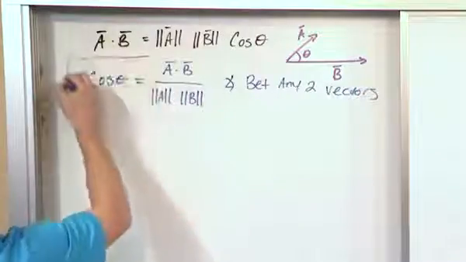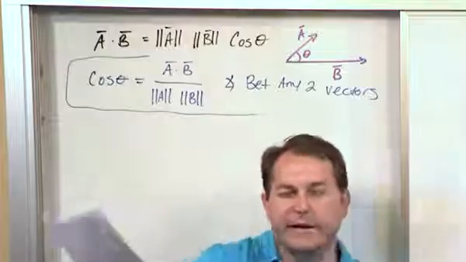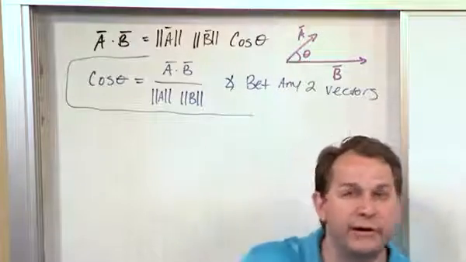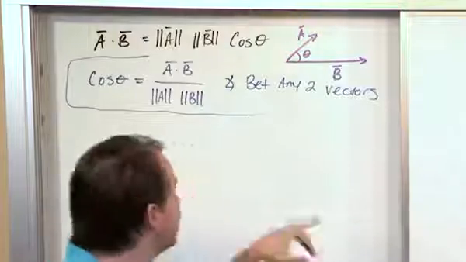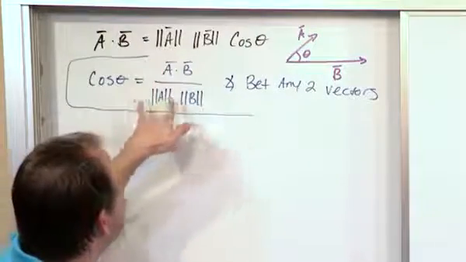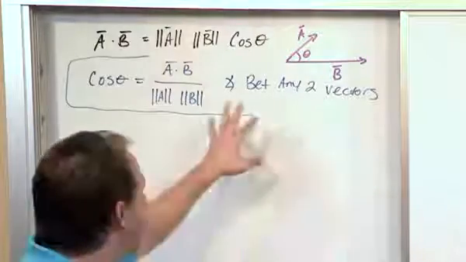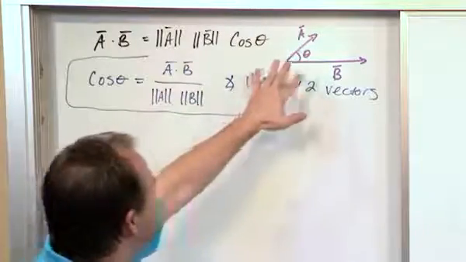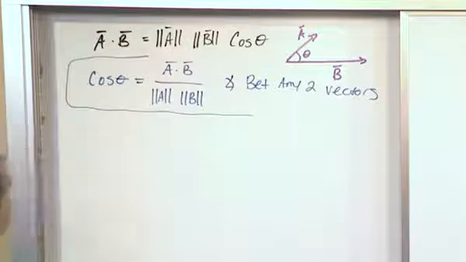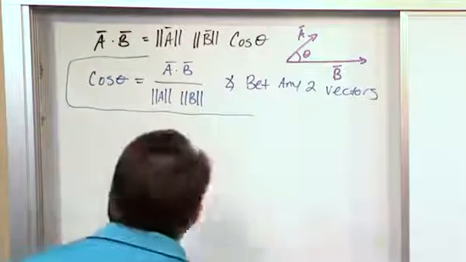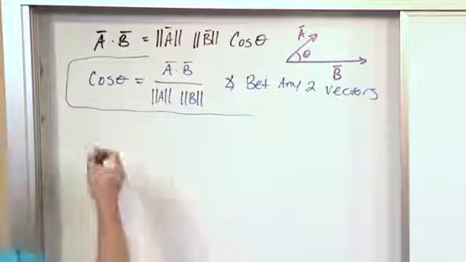Right? So this is important. This is a very useful thing because many times you will be given vector A, vector B, and you want to know what's the angle between them. Is it 30 degrees, is it 40 degrees, is it 67 degrees, whatever. So in that case, you find the dot product, you find the magnitude of the individual vectors, follow that formula, and then you can calculate the angle between these two vectors, A and B. So hang on to this because we're going to do a problem in a few minutes that's going to use that. Now the second thing I want to talk about is the concept of orthogonal